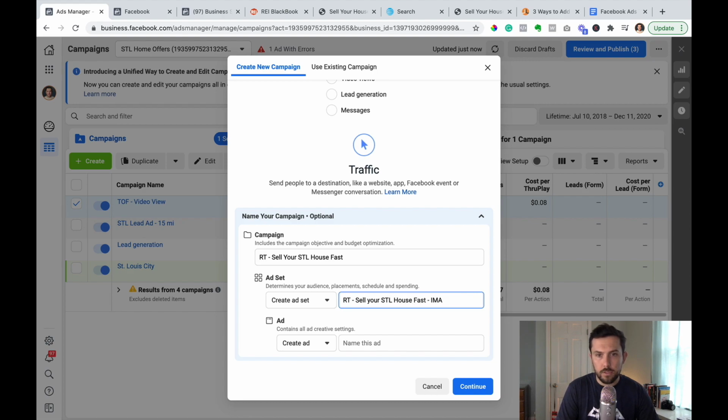It's going to be an image ad, and we're just going to call this the same for now. Because again, you could run multiple ad sets under the same campaign, and some of these ad sets you might run videos under. All right, so once we've got everything named, we're going to click continue.